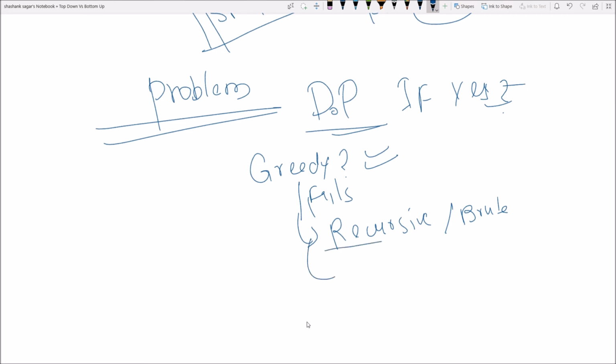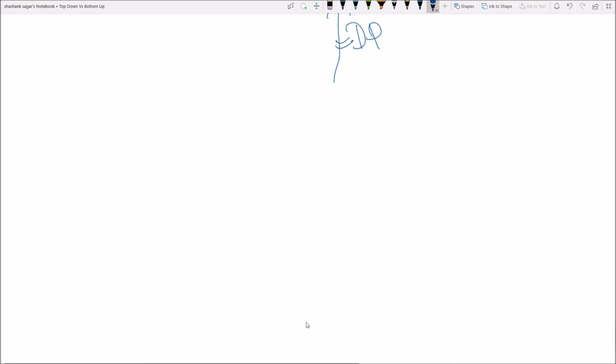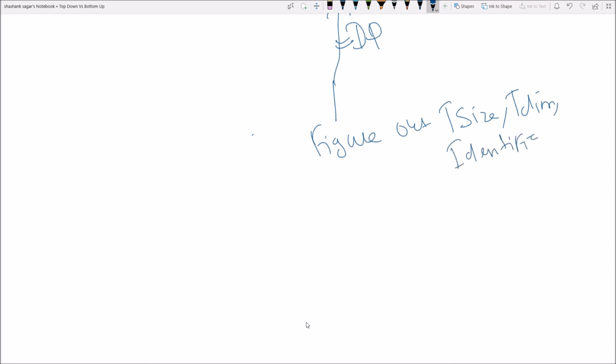So once you have done this, you are going to analyze the recursion tree, and from the recursion tree you will figure out whether we can apply DP here or not, and if yes, then you will figure out the table size, table dimension, and identifier using the recursion tree.